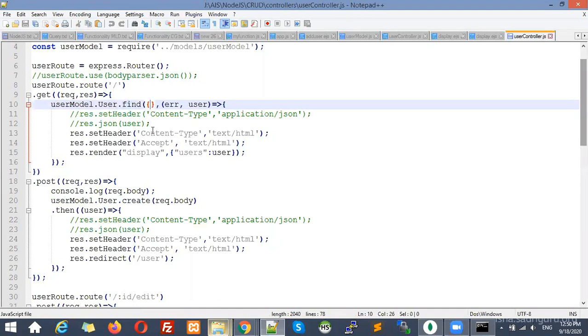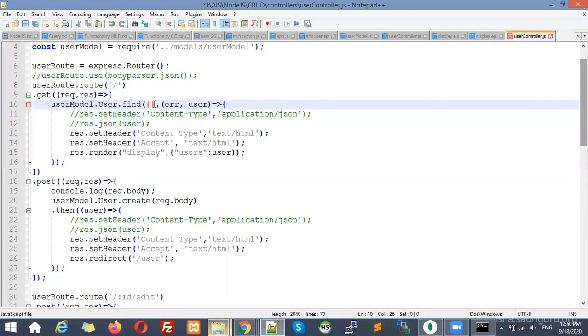But if you want to filter, for example, if I want to display only those whose first name is ABC, I can give that condition over here. For example, I can give the condition fname ABC. So only the data which has first name ABC will be displayed.